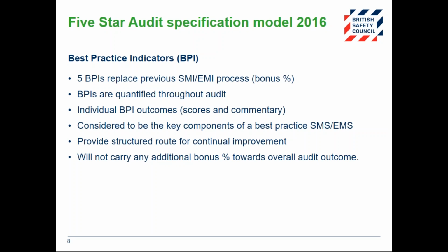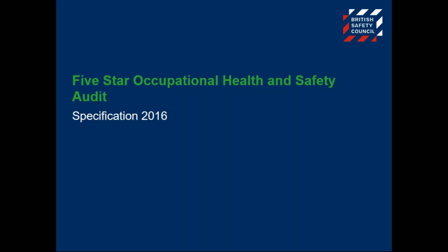We consider them to be the key components of a best practice SMS or AMS. And our comments and observations in the audit reports should provide a structured route for yourselves to go towards continued improvement. As I said before, they don't carry any mark towards the final mark. So looking at the specification changes,